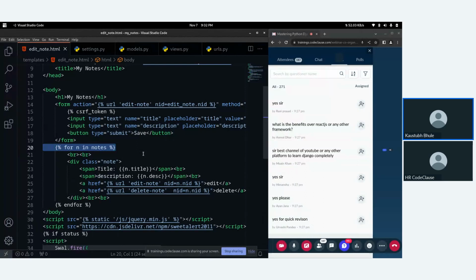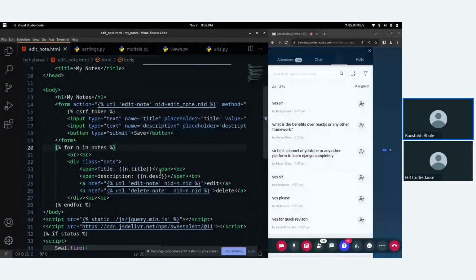So we are using some Django templates in this HTML. For any notes, which is our dictionary, we are getting a single record one by one and just printing it here using double curly braces. Whenever you want to access data sent from Django to the HTML, you need to use double curly braces as a part of the syntax, followed by the value, or we can say the dictionary key name.